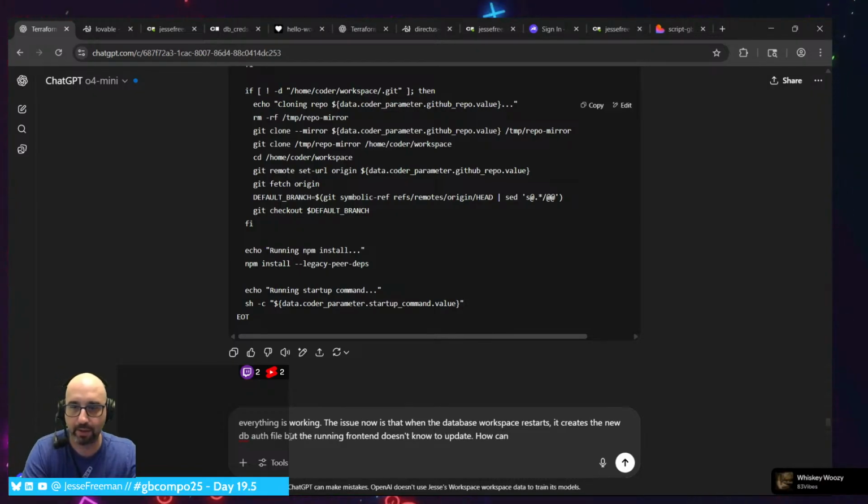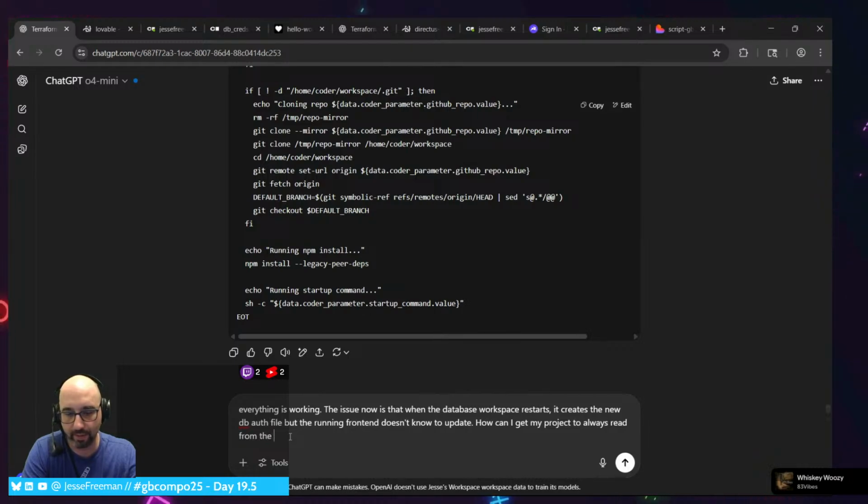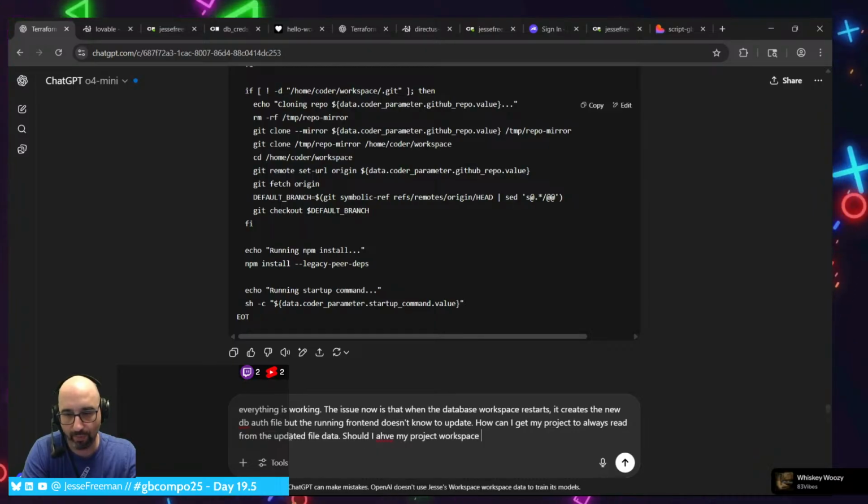How can I get my project to always read from the updated file data? Should I have my project workspace just read from the JSON directly?